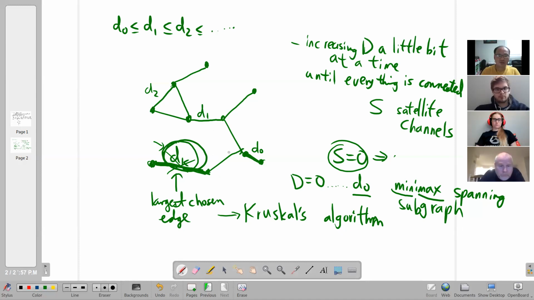So what if you're allowed to use one satellite channel? Well, you can kind of do the same thing. Howard, yes, can I interject? I think the issue with the solution was that S doesn't count edges, it counts nodes, right? It's the stations that can connect to the satellite. Ah, okay. So, okay, we'll come to that. Okay, so the problem was,